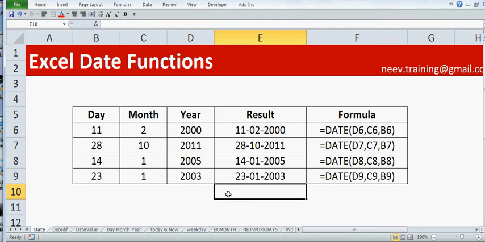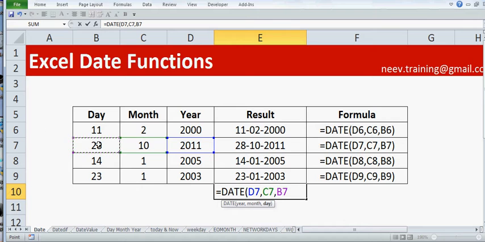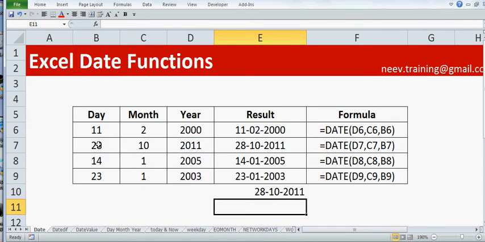So you type equal to DATE, press the tab key. First you have to mention the year. The year can be 2011, month can be 10th month and day is 28th. So this is the way you can write a date in Excel.